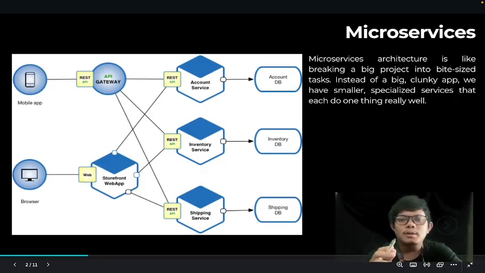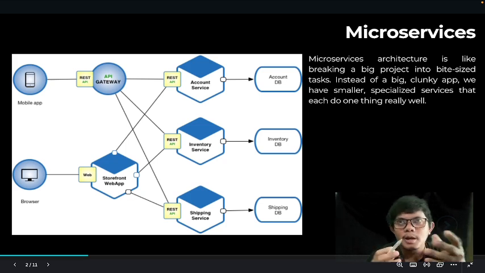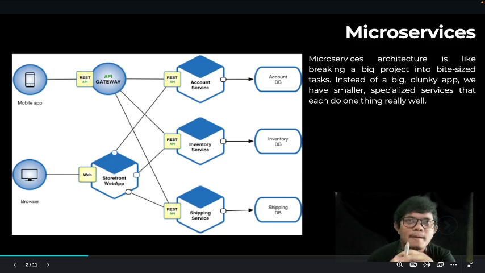Of course, we will talk about microservices itself first. Microservices architecture is like breaking a big project into bite-sized tasks. Instead of one big clunky app, we have smaller, specialized services that do one thing really well.